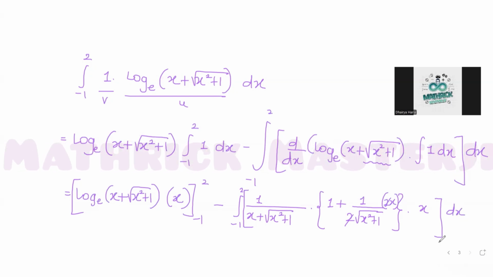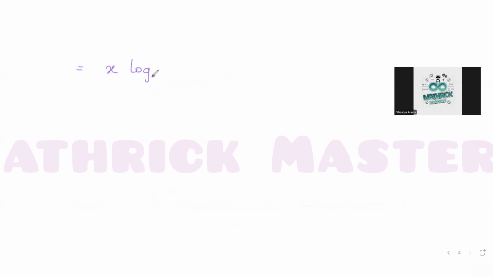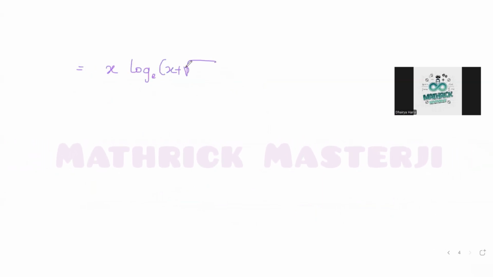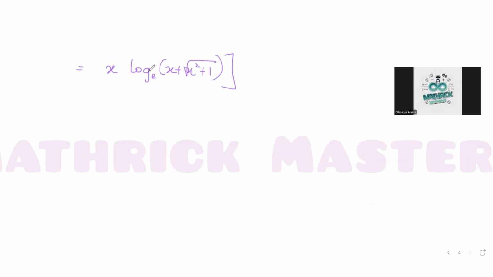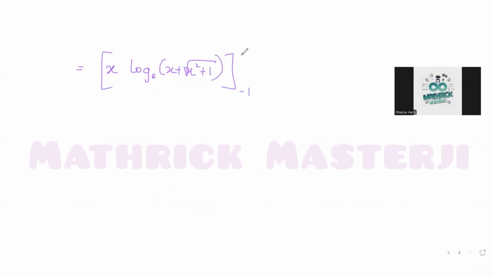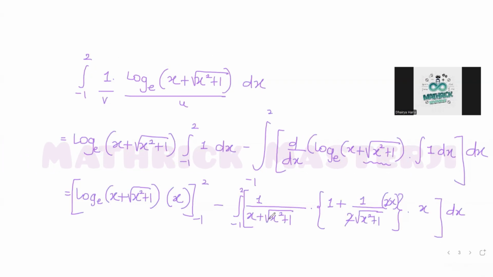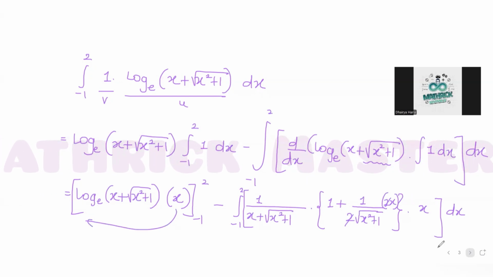Let's keep this first part as it is. So I have x log base e of x plus root of x square plus 1. The limits go from -1 to 2. So the first part I've written as it is, I've just taken this x and written it ahead, and then this logarithmic function, and minus